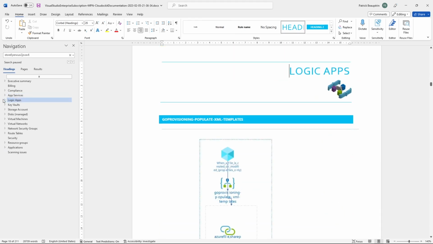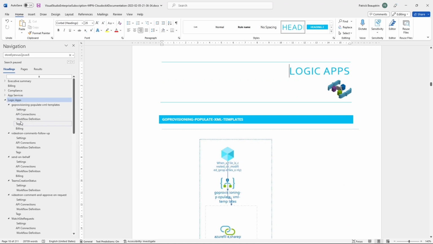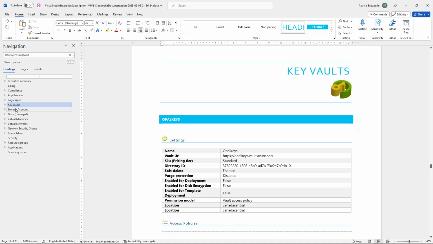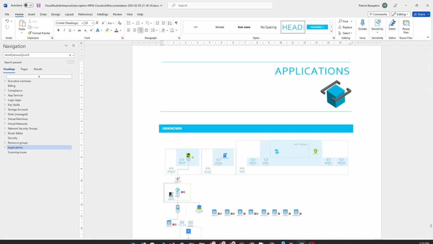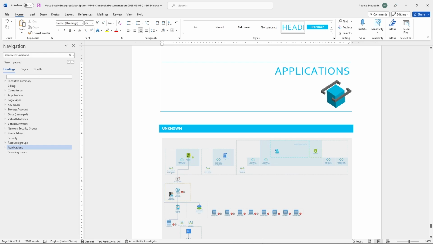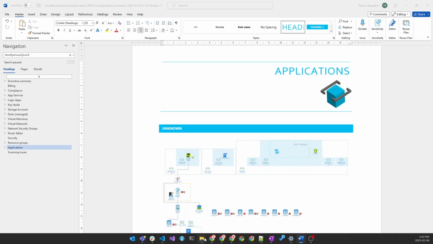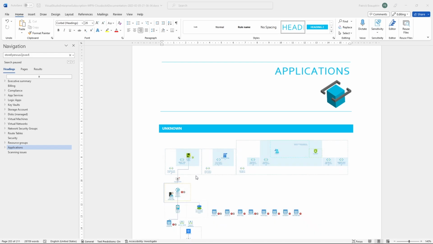Then we have some information on the Logic apps. I'm not going to go through all the settings for the Logic app, but this is the kind of information you would have. Key vaults, storage account, disks, virtual machines, etc. And when we see the configuration, we will see the amount of workloads that we cover. Also, I will come back on the applications a bit later. So let me show you the documents